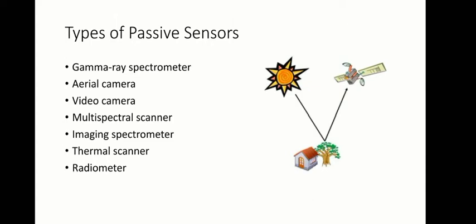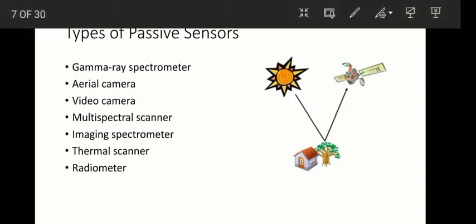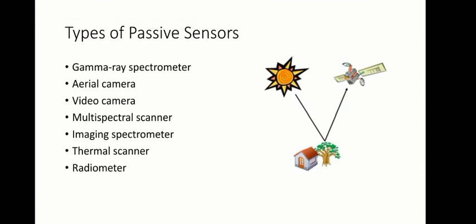Video cameras are sometimes used to record image data. Most video sensors are only sensitive to visible color, though a few of them can record the near infrared part of the spectrum. The figure shown in the next slide, which I will show you later, shows what type of images are available in the near infrared region.